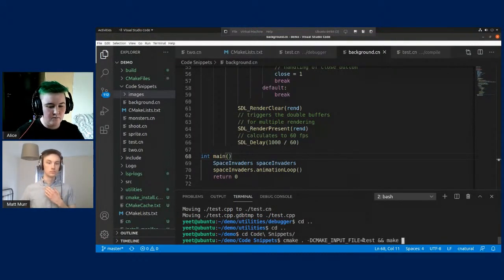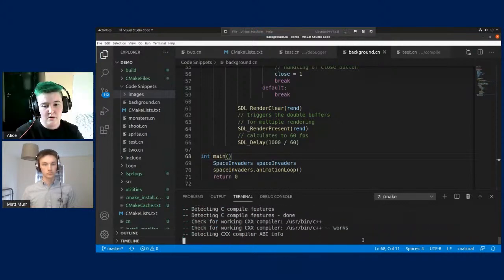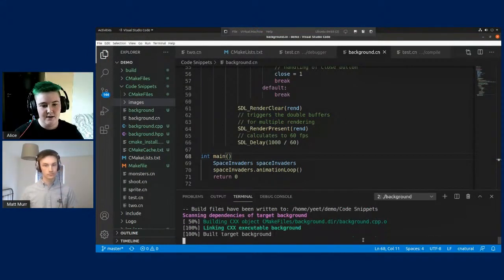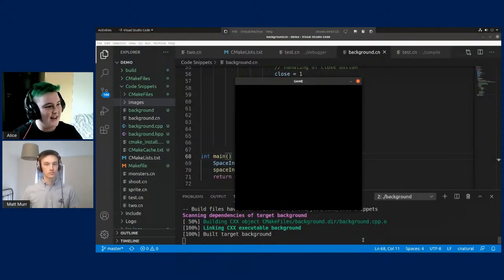I'm just going to copy the command I used earlier and just add the background, and that works. Background command is not found. That's because I didn't add --. Programming live, yay. And now you can see we have a very simple basis to any game you ever want